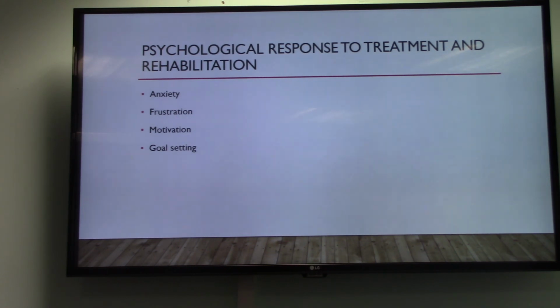Frustration: if you are going for rehab and it's not going fast enough, you'll get frustrated, so you might rush it. This in turn will lead to whatever you've injured not properly recovering and not completing